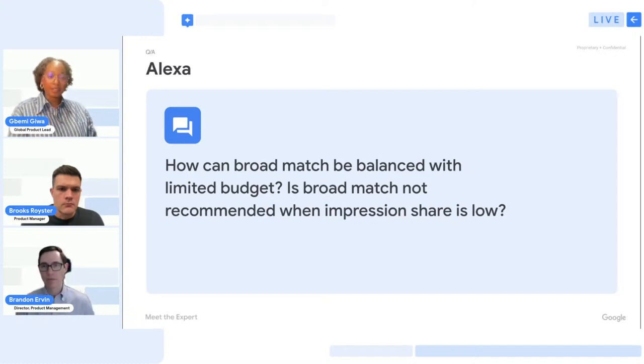Thank you, Brandon and Brooks. I think all of this has been really clear, and we hope the message hits home that AI and automation can help, but we still need your inputs to actually help our systems work. It starts by giving us the values that actually matter to you.